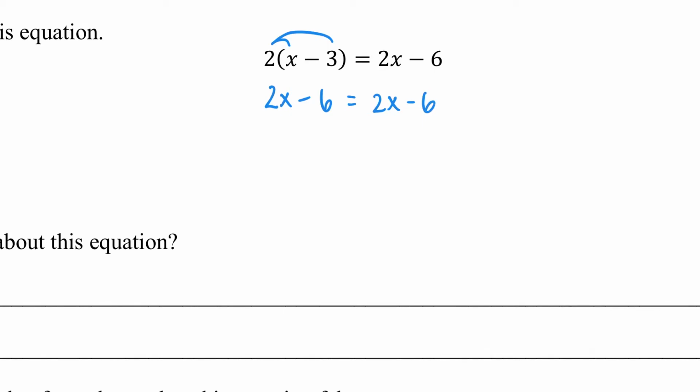And like I was saying in our last video, typically I prefer to have all the x's on one side. So I'm going to subtract 2x from the right and from the left, to get all the x's on the left side. And then I tend to prefer having all my numbers without variables on the right. So I'm going to add 6 to both sides here to get rid of the minus 6. So when you do this, you get,